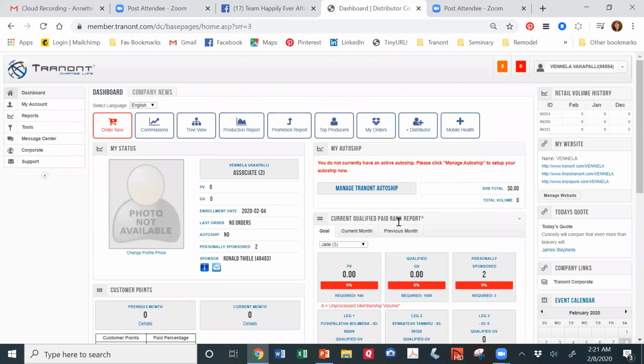Then I want to go back to, and then over here on the right, you can see your retail volume history for previous months. And then here is really important. Remember when you signed up, you picked a name for your website. So when people go to see who you are and what you have that could interest them, whether it's products, services, or maybe the fact that they recognize that you're making money, things in your financial life have changed, they'll be able to click on this and go to your website and see